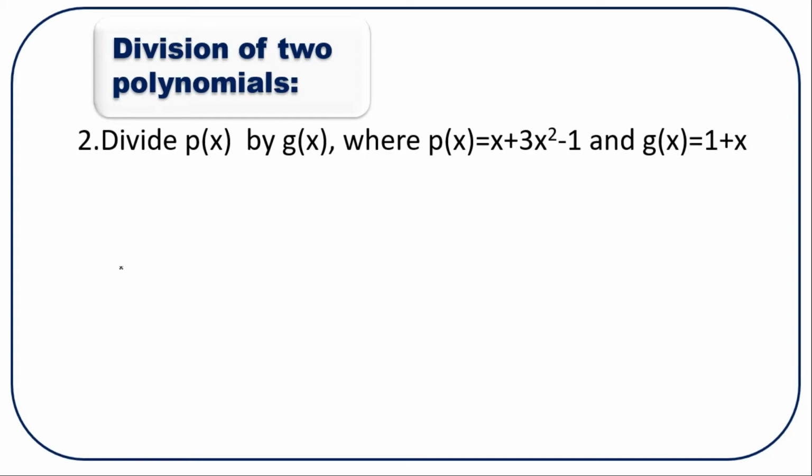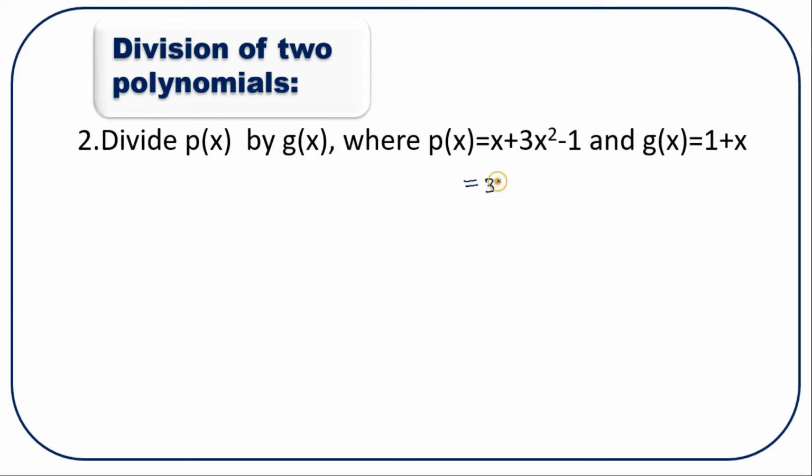Let us see two more polynomials in which divisor is a linear polynomial. Here we have the binomial too. Clear? First, to divide any two polynomials, we have to write those two polynomials in standard form. Standard form means we have to arrange all the terms in proper order. The degrees of the terms should be in descending order.